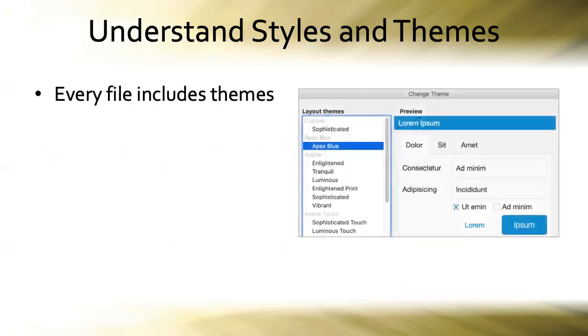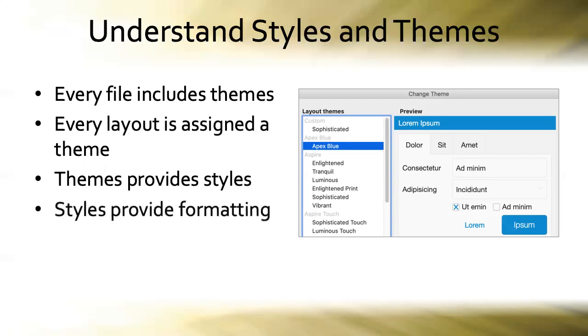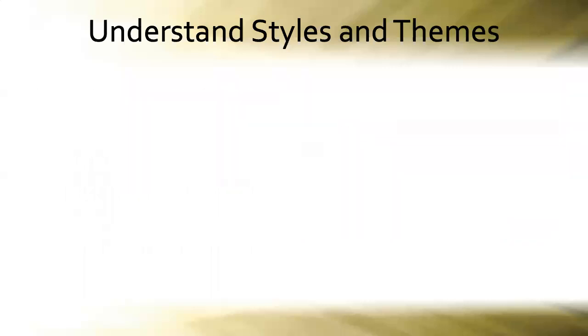Every file includes themes. They're included with every FileMaker database file that you create. And every layout is assigned a theme, whether you proactively choose the theme or if you just take the one that was given to that layout. Every layout is being governed by a theme. Those themes provide a set of styles, a collection of styles. And those styles provide formatting attributes like font, font size, color, bold, shadow, you name it. There are dozens and dozens of formatting properties that the styles can remember and apply when we apply styles to